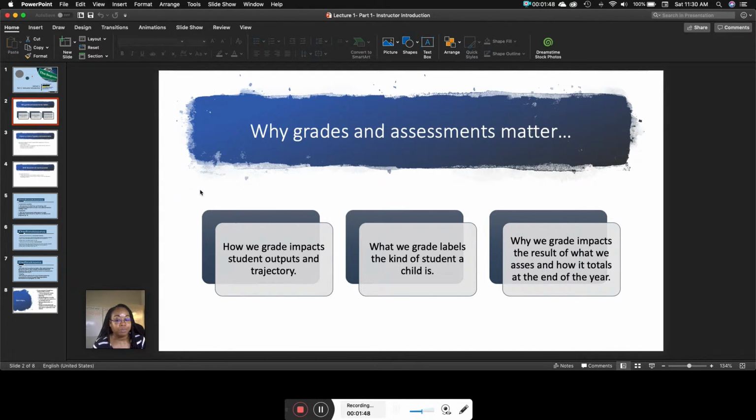Meaning that we create the definition of what counts as quality work, and also what it means to be passing, or we create what happens to the student sometimes at the outcome.